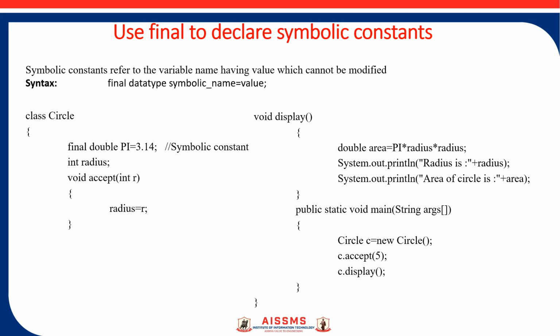So here, if in future someone asks me to change the value of pi from 3.14 to 3.142, then by using the symbolic constant, it is very easy for me to make the change. I have to make a change only at one location, where I have declared the symbolic constant. Only by changing the symbolic constant declaration statement, the change will be reflected in all the places. This is the advantage of a symbolic constant: you do not have to change the value at n number of places. By changing the value at one place only, it will be reflected everywhere.